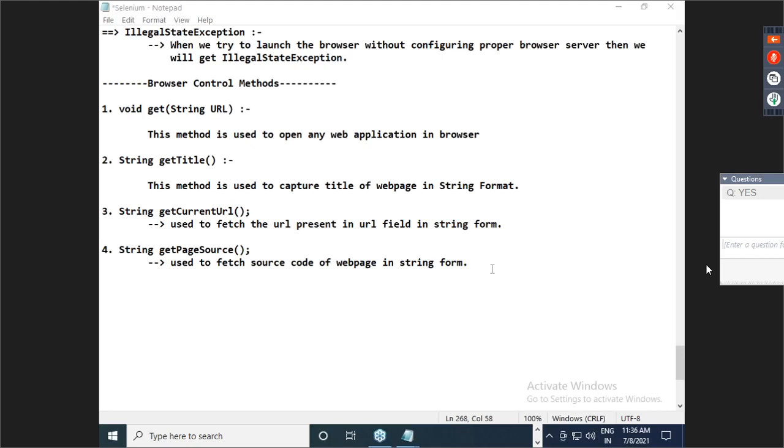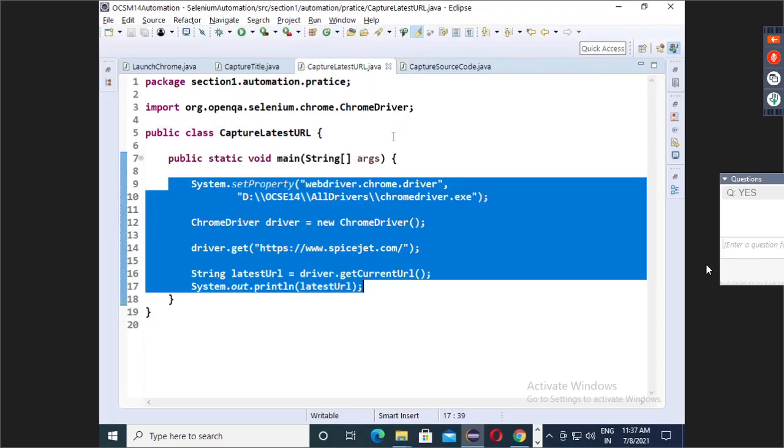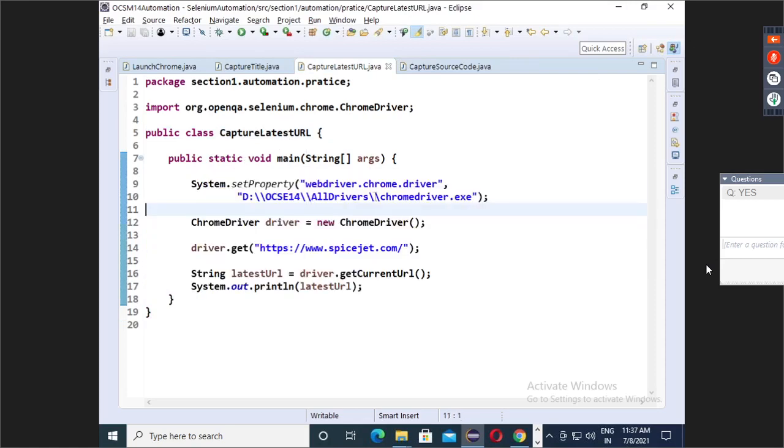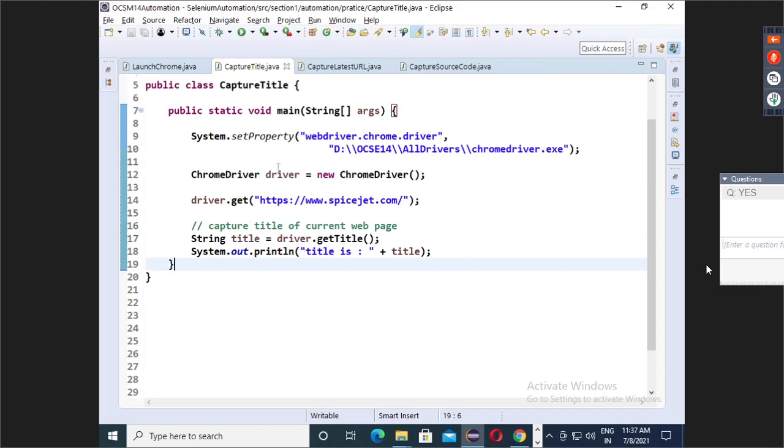Now guys, listen to me very carefully what I am saying. I have a scenario like this. Let's assume I have a capture latest URL or capture title, any kind of scenario you pick.